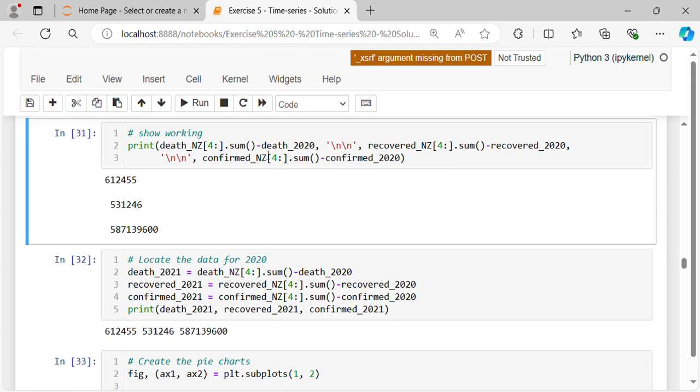Now confirm New Zealand 4th row and so on dot sum open and close bracket minus confirmed 2020 gives us